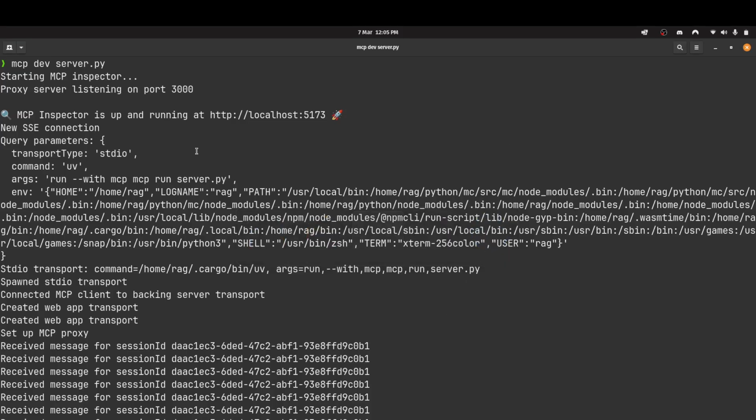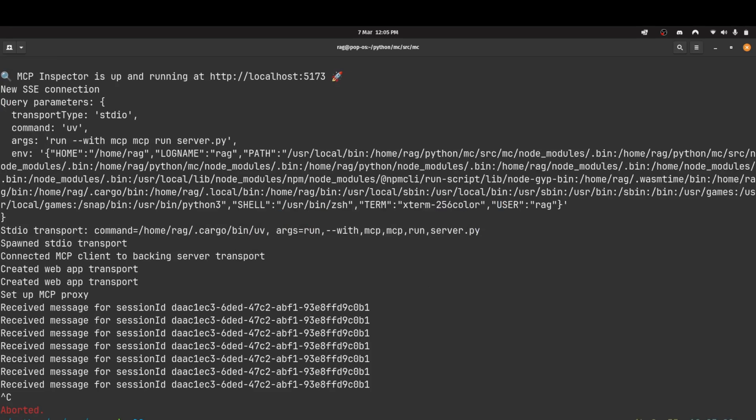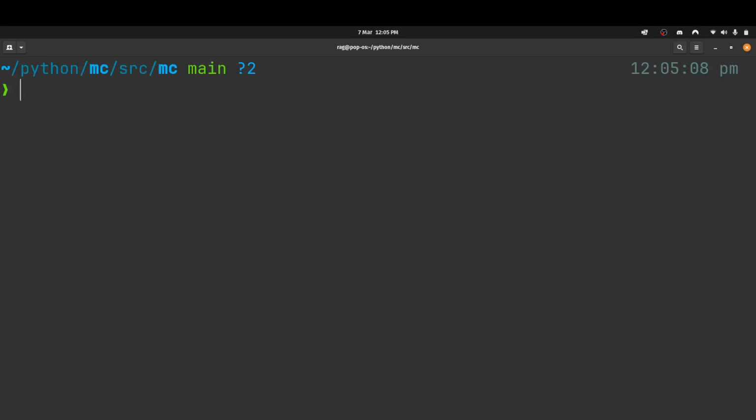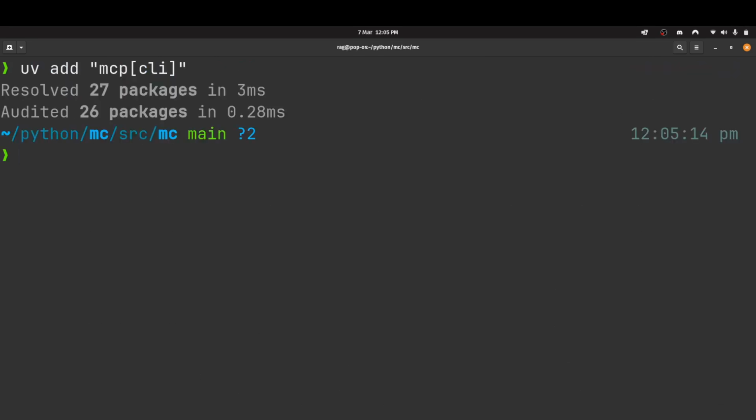This is actually running, so I need to just stop that. But what I did was I did uv, whatever it was. Let me just make the screen a bit bigger. Clear. So I actually ran uv add mcp[cli]. Not much happened there because I already had it installed. But then I did uv init, and then my MCP project name was just the name of my project. So if I go back up,